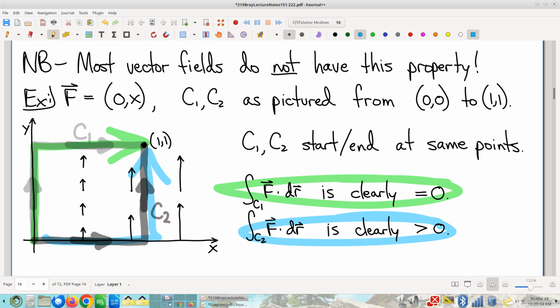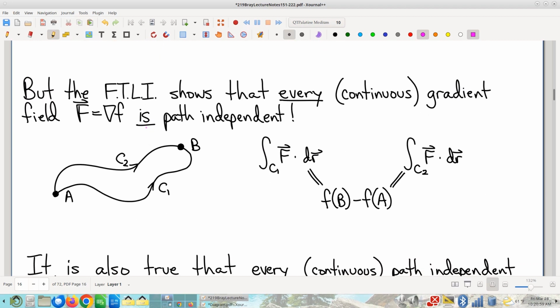Doesn't matter. As long as, now of course, this is with the understanding that you fix and always stick with a single starting point and likewise a single ending point. So any two paths, it's amazing. This is what we would expect, right? We should expect that, well, of course the path matters. But there are some amazing vector fields where it doesn't. And what we saw last time is that, in fact, gradients are the answer to that question. And ultimately, of course, gradients will answer this question.